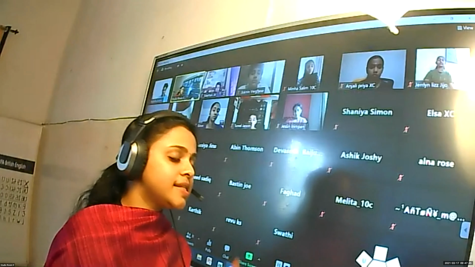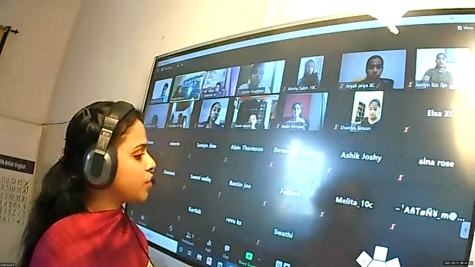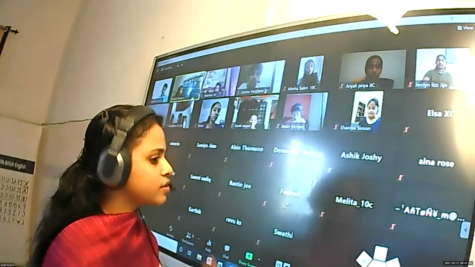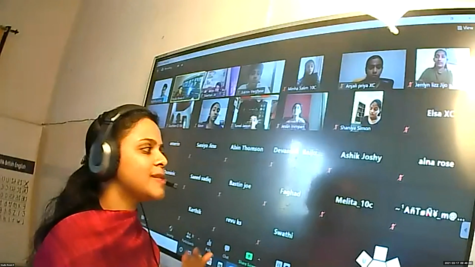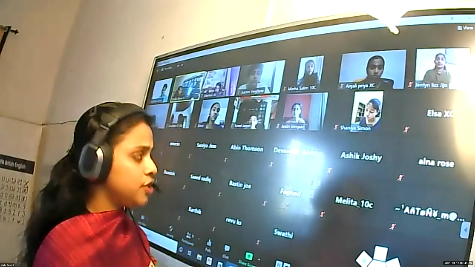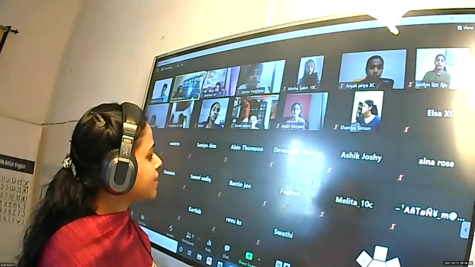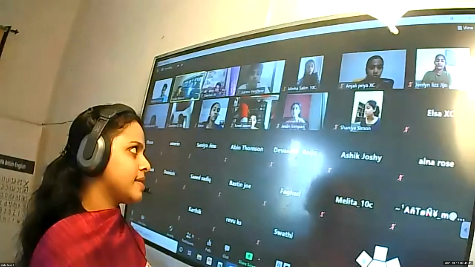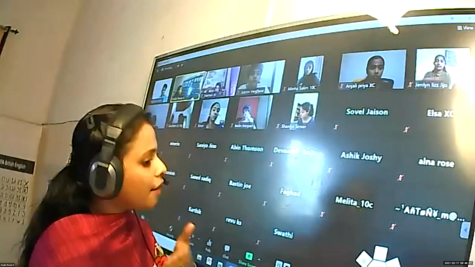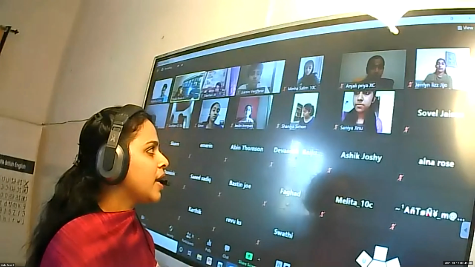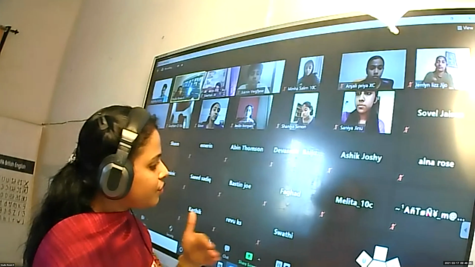When we place the object at these 6 different cases, where do we get the image and what about the nature and size of the image? Also we are discussing the 4 rules. The first rule says that if a ray of light comes parallel to the principal axis, after reflection it passes through the principal focus. Second rule, if a ray of light passes through the principal focus, after reflection it goes parallel to the principal axis. According to our third rule, if a ray of light passes through the center of curvature, after reflection it returns through the same path. The last rule, if a ray of light is incident obliquely at the pole, then it is reflected obliquely.